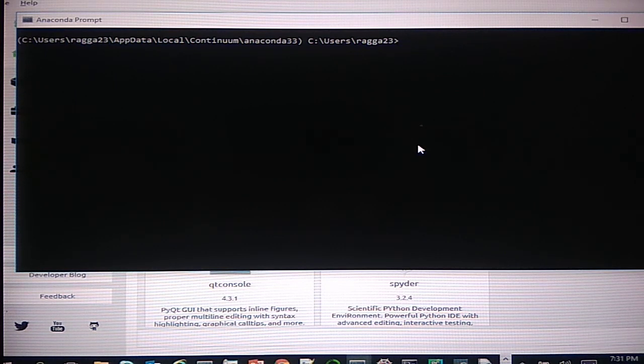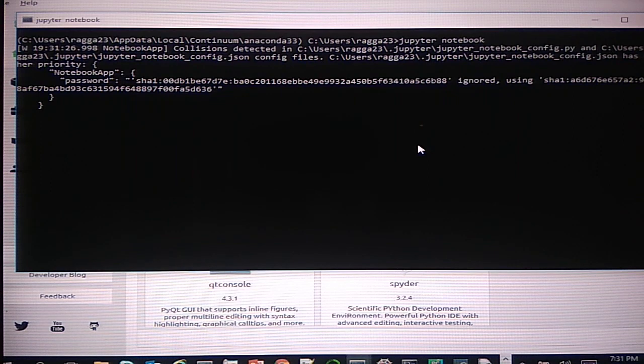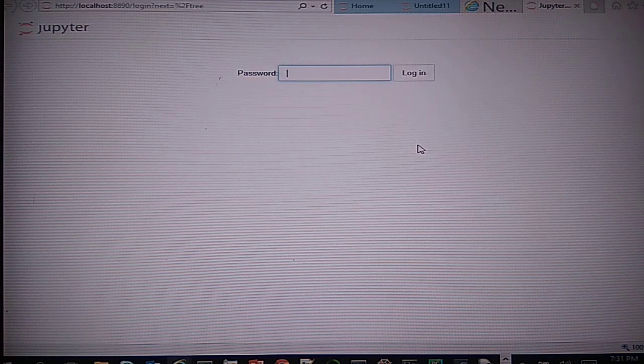We have to type the command jupyter notebook and it will be started for us. Once we type that, it will start a notebook app for us at the backend, and you can see in the browser it will be asking you for the password. We can also make Jupyter Notebooks password protected or not depending on our requirement.